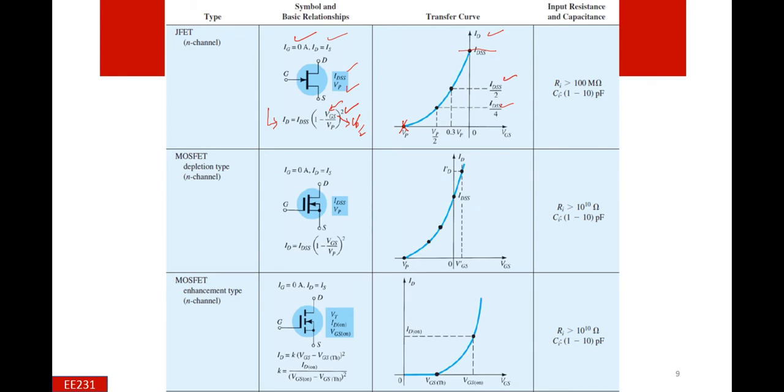So the next device is the MOSFET, which is the depletion type. In the depletion type, in the fabrication on some substrate, there is a channel, which is represented by this solid line. The operating conditions are IG equal to 0 for the gate current, and the current through the drain and the source is almost equal. Again in this case, IDSS, the maximum value of the drain current, is also given, and the pinch-off voltage is also given, and the controlled parameter is the current.